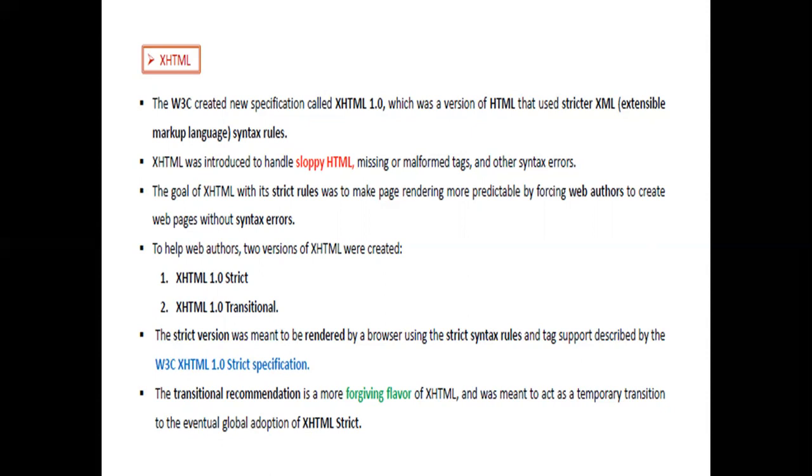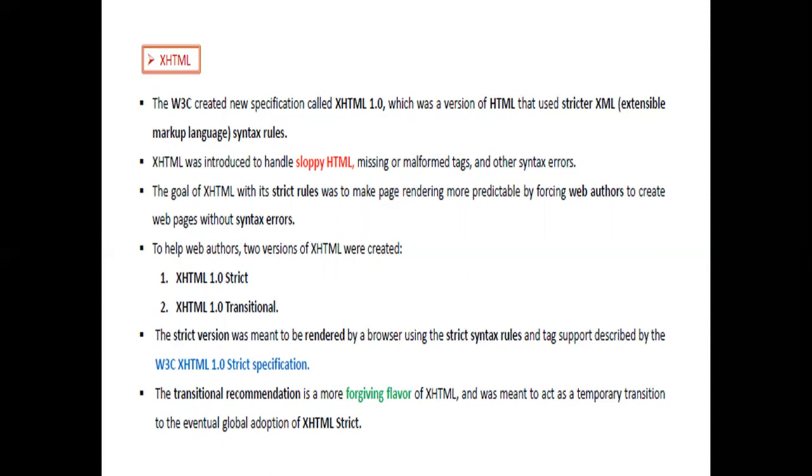Actually, we have one lab program, fifth lab program. In that you can understand the structure of XML. Okay, first root element you have to declare. Okay, root tag. Below that root you have to create child tags, just like a family relation. So first root and then child and then subchild, like that you need to create tags. Means what's the difference between HTML and XML is, in HTML we can use only the already existing and W3C referred tags only, but in XML you can create your own tags.